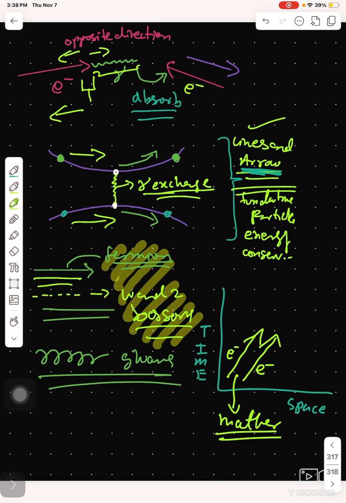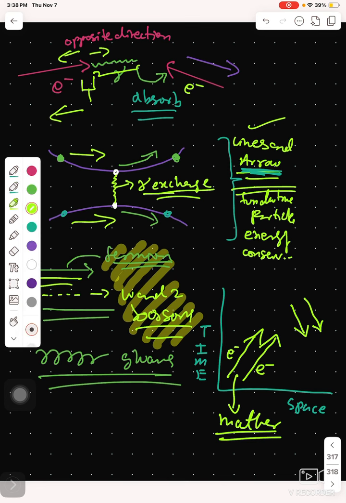And what's the opposite of matter? Antimatter, right? So those arrows which have a decreasing gradient, we say they are for antimatter. Okay, so then